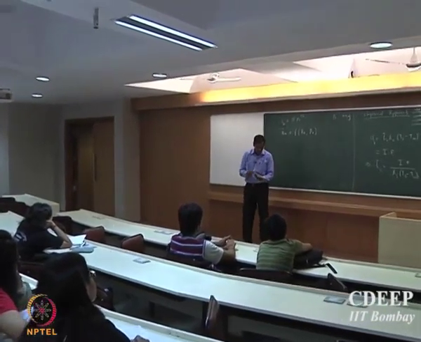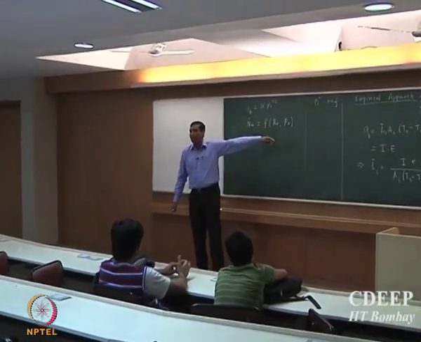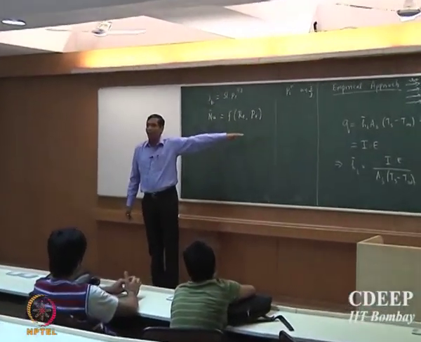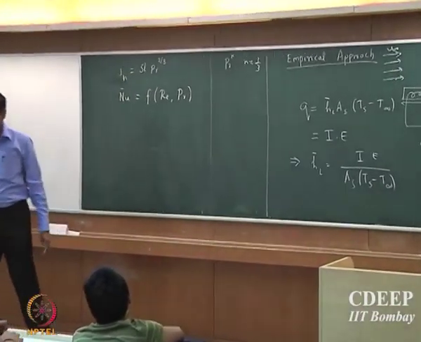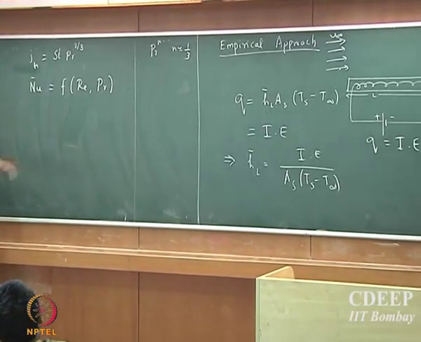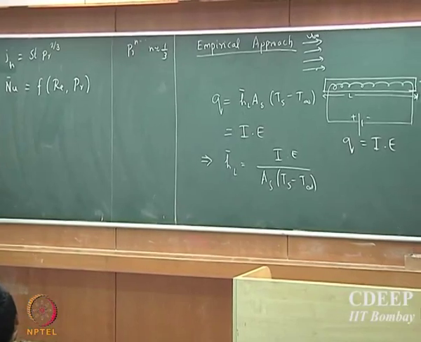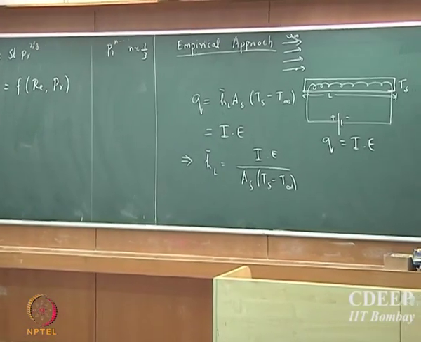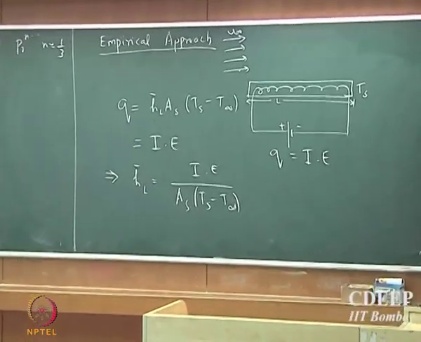Although it is not a very correct thing to say that the person who did the experiments and found the functional form did it without any basis, that is not correct actually. He has actually done the analytical theoretical approach and found out what should be the correct way to plot these data. So, remember you will not be able to get the functional form until you know that Nusselt number and Prandtl number are important, right. So, what they would have done